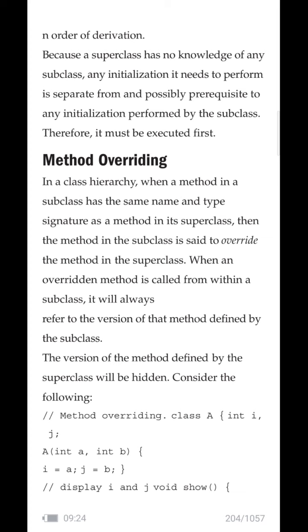Okay, it is overriding the definition of its parent. But please remember, its name and type signature should be the same. Whatever the set of arguments and type of arguments you are passing with respect to the base class method should match with the derived class method. Okay, this is the definition.